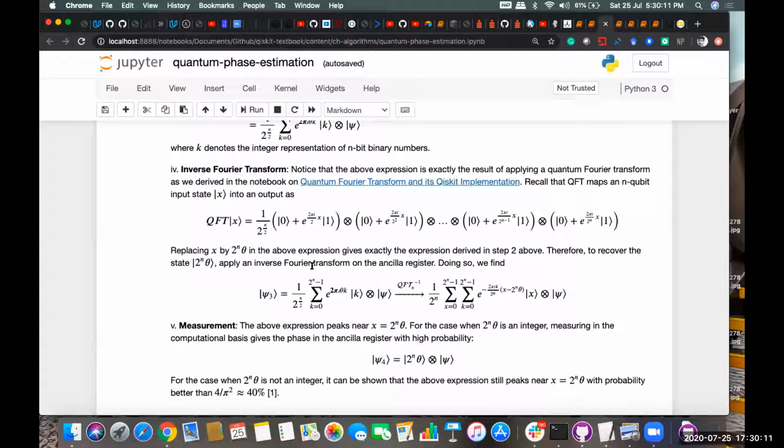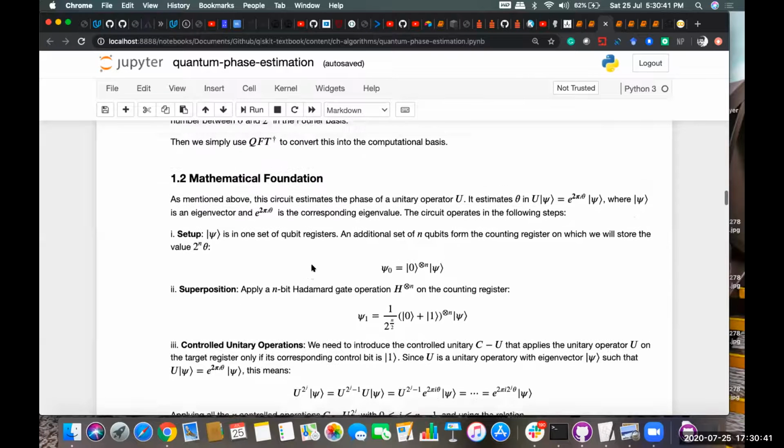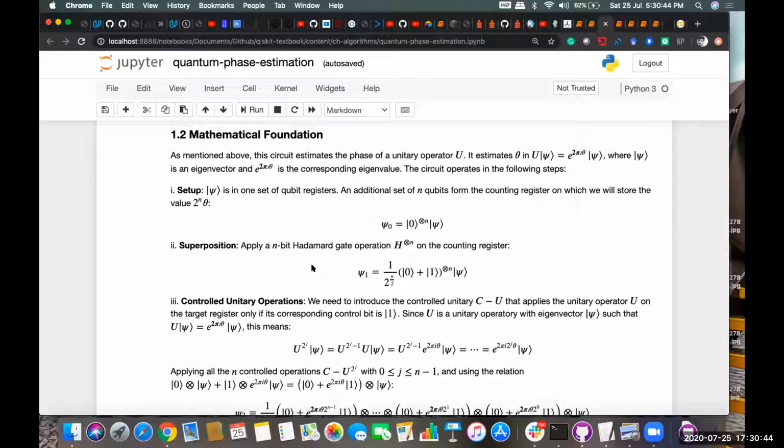Coming to the quantum phase estimation, the steps involved are: first we create the superposition for the initial state of the system. For example, if I have to find the phase estimation for x value equal to 0, then I put that state into the superposition state by applying the Hadamard gate operation on it. Once I have put that qubit into the superposition state, I apply the control unitary operations on this.